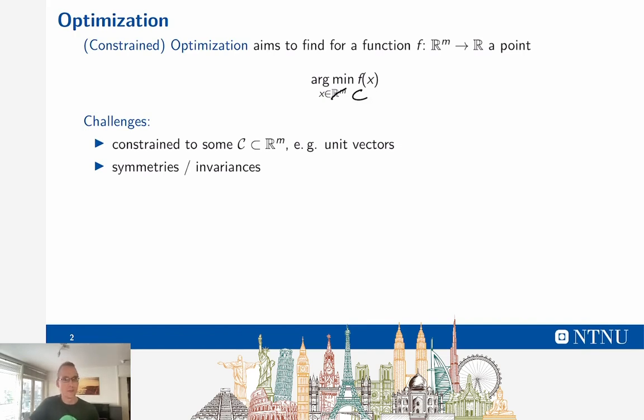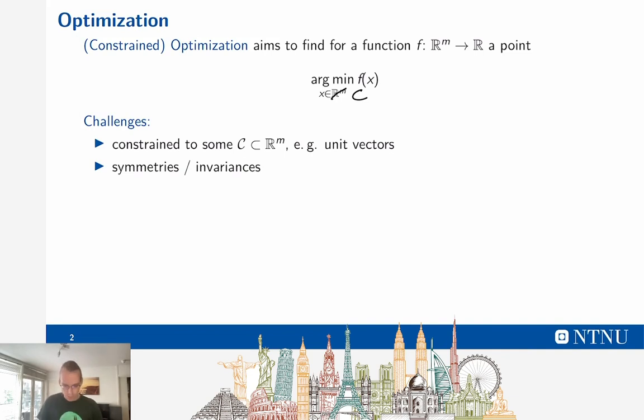where you're constrained to, for example, the set of unit vectors. Or if you have certain symmetries or invariances in your function f that render your optimization problem more challenging. For example, you might have a situation where certain rotations of your problem yield a constant function value independent of where you are. So wherever you are, a rotation doesn't change your function value. Then you have an invariance with respect to that rotation, and that might make your optimization problem more complicated in